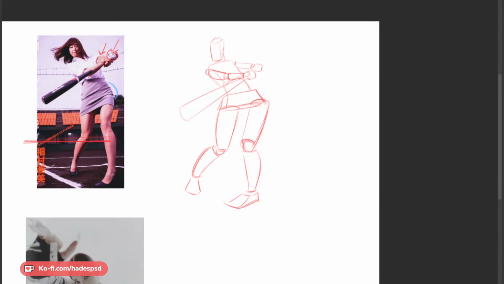Yes, over here, I've really exaggerated the hips. And the back as well.